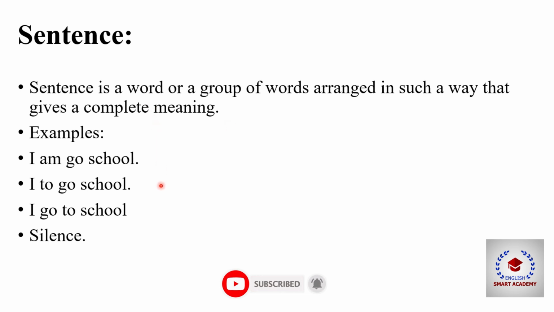So here these are the different examples of sentence. You are to analyze whether the example is correct or wrong. So the first one is I am go school. This example has improper structure. So this example is wrong example of sentence, and second one is I too go school, which is also incorrect, and third one is I go to school, which is correct. So last example, this is one word but it is conveying the complete meaning, so this is also an example